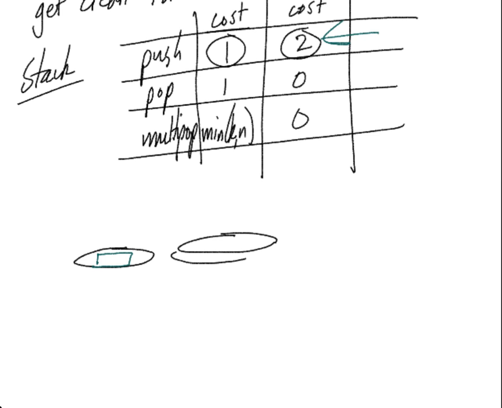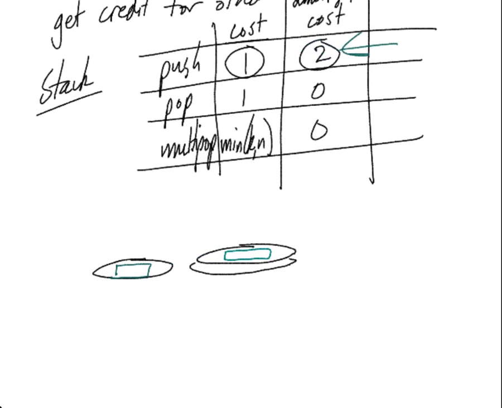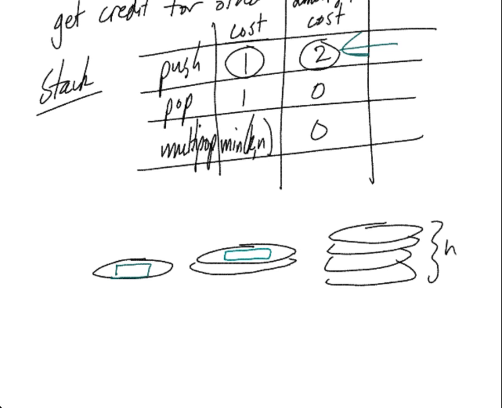So we have 2 plates, and we're going to put another dollar on that plate there. So now we have $2 stored up. And we do that iteratively, or recursively, I guess. So we have n plates, and we have $1 on each plate, so we have n